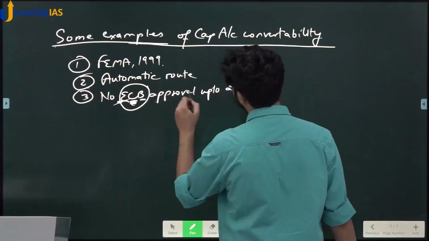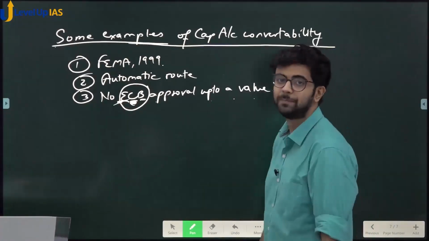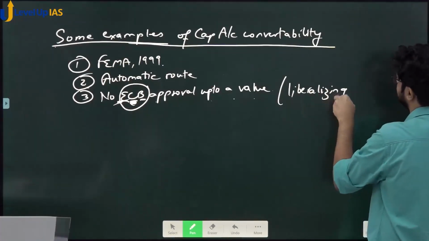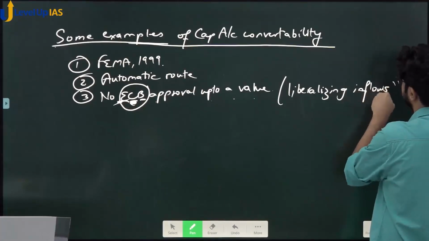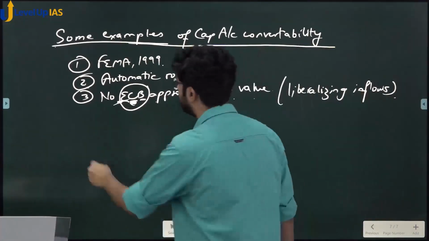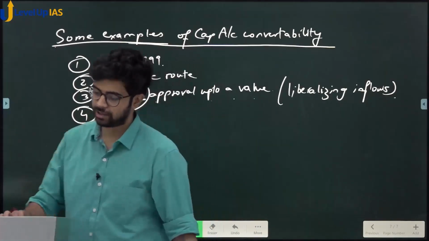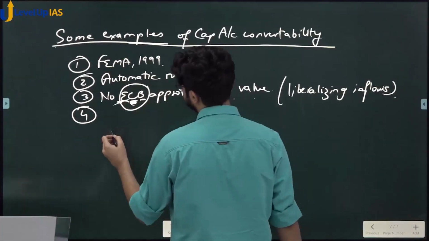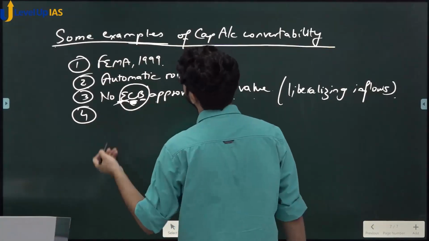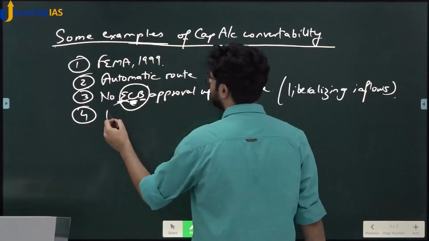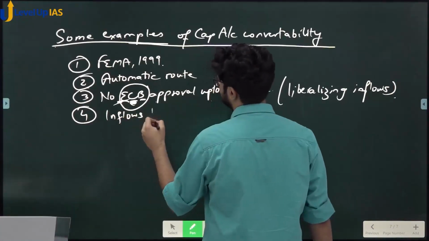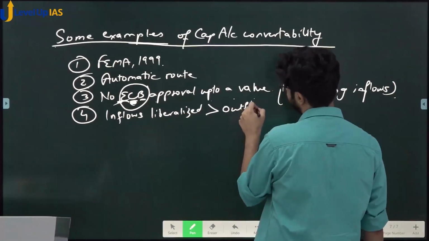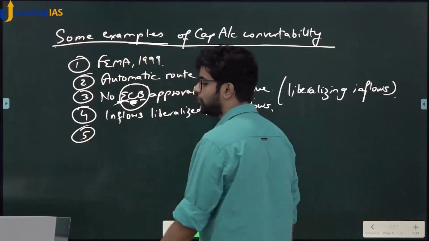Borrowing. No approval up to a value, which means we are liberalizing, basically we are liberalizing inflows. Yes or no? Simple hai. Up to a value, obviously up to a value. $10 crore डॉलर अगर लोन ले लिए तो कैसे चलेगा? ठीक है. Now obviously what will be liberalized more? Would inflows be liberalized more than outflows, or outflows be liberalized more than inflows? Obviously inflows liberalized more than outflows. Obvious. Outflows को तो नहीं रखना है, but inflows we want to liberalize because we need that